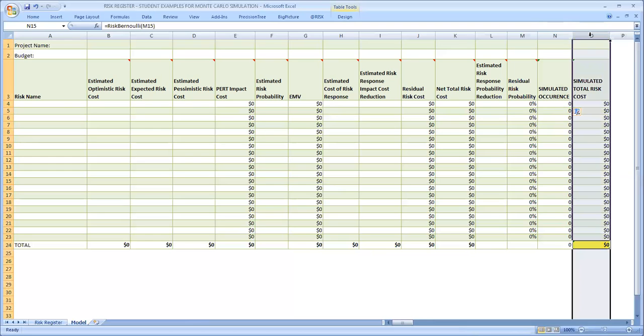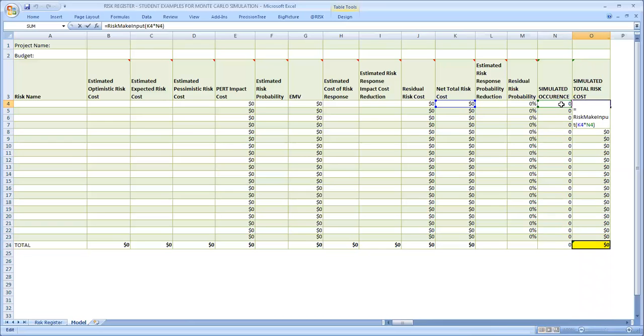The last one is then simply the simulated total risk cost, column O, which is simply column N, which is our binary or Bernoulli distribution between 0, it didn't happen, and 1, it did happen, times the total net risk cost. What this model is doing is saying to us, in the simulation, when we run a simulation which simulates the project actually occurring and therefore the